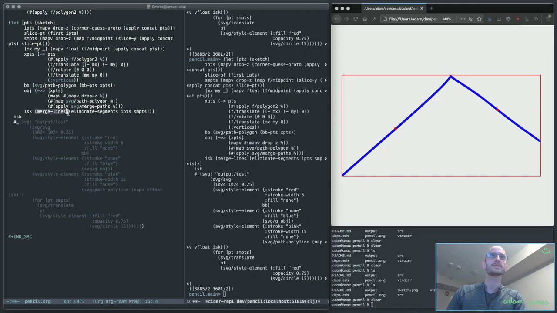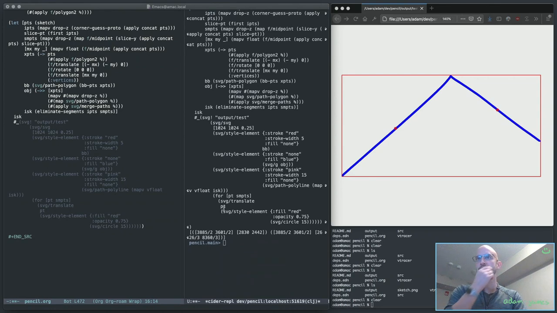Let's get rid of the merge lines and see what shows up when I do this. It might be incorrect baked in assumptions about order of segments here. Yeah, okay, I've got a problem here. Okay, see that? I need one of those segments to be flipped, unfortunately,